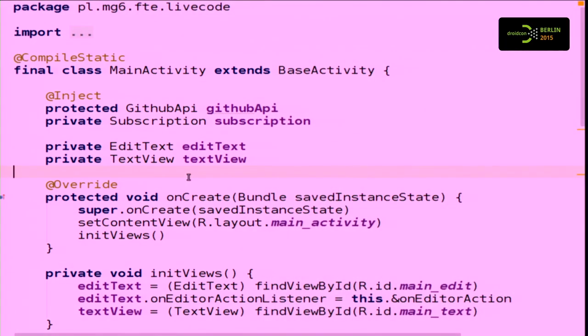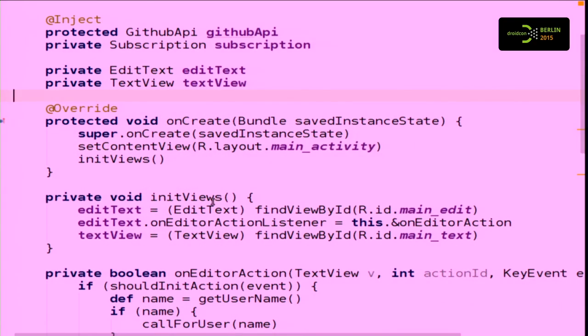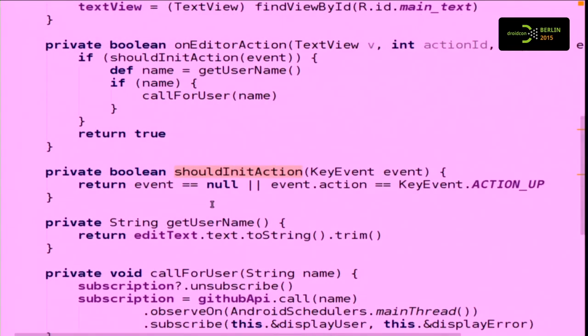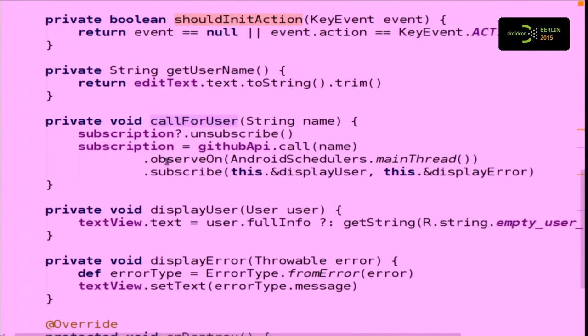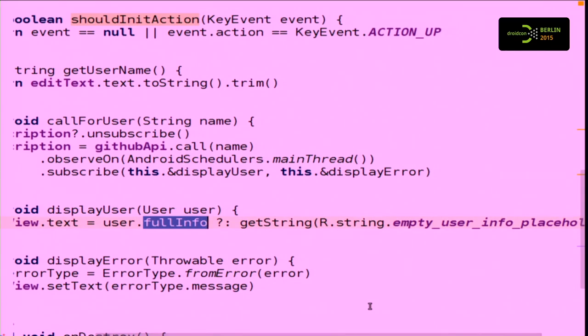Let's look at the code for a bit. It's using Dagger, it's using Retrofit and RxJava. So there is this onCreateView where the layout is created, simple. We init the views, also simple. And on enter we do something like call for the user, which is basically using RxJava and Retrofit. And after that, if you look here, we subscribe with displayUser method, which shows some information about the user. So the full info about the user, or if the user didn't provide any information about themselves, there is a predefined string